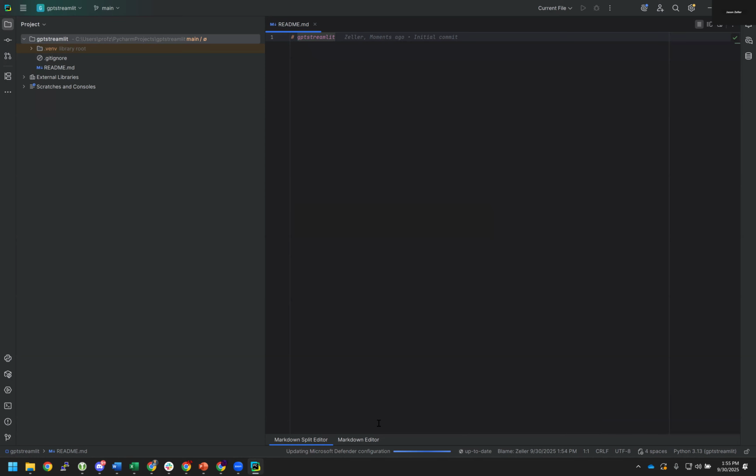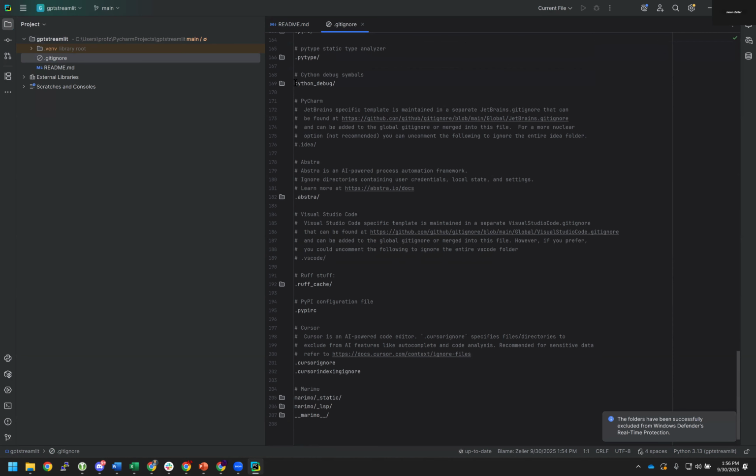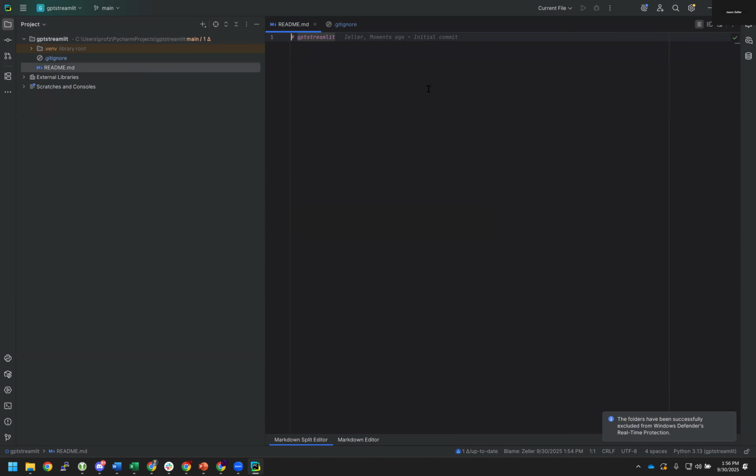Let's make sure that everything's set up like it's supposed to. Let's go to our git ignore, scroll all the way down, grab our idea. That looks good. Our README, that's good. Again, this is just a sample project so you guys can access it. And we could say something like,